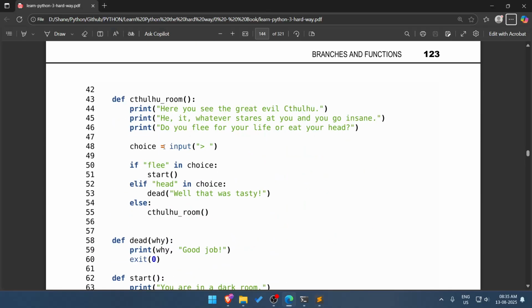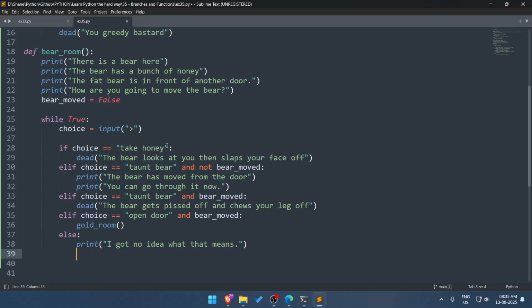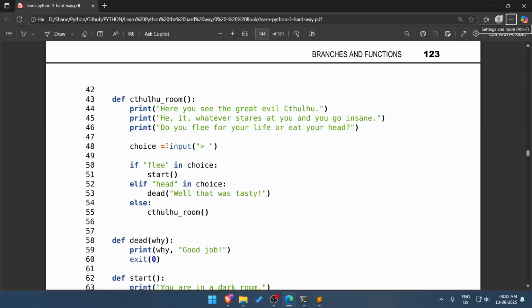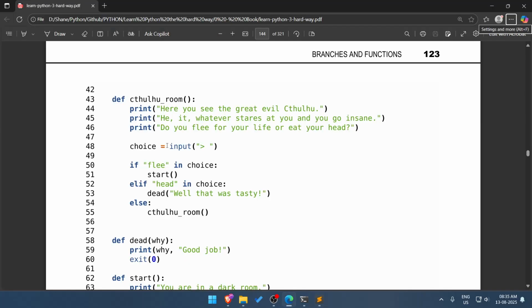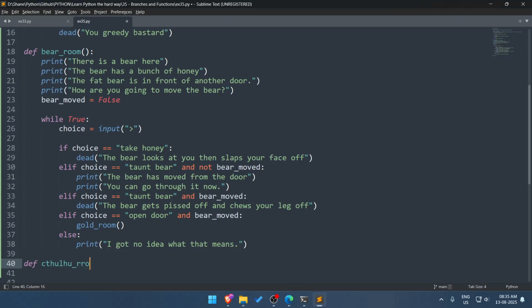We have def Cthulhu's room. This is Cthulhu's room.